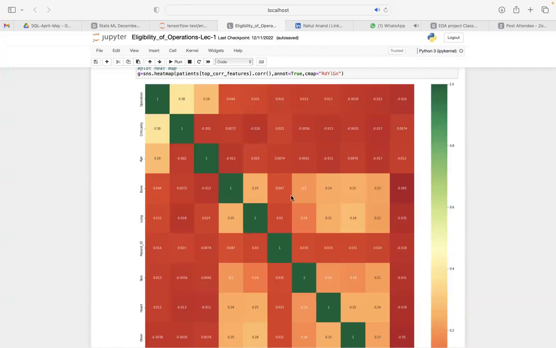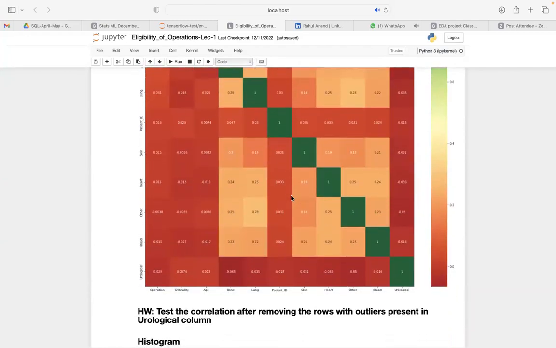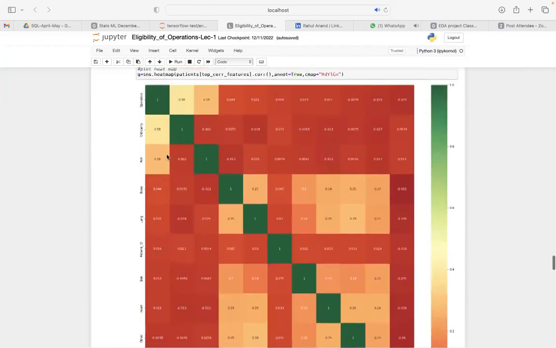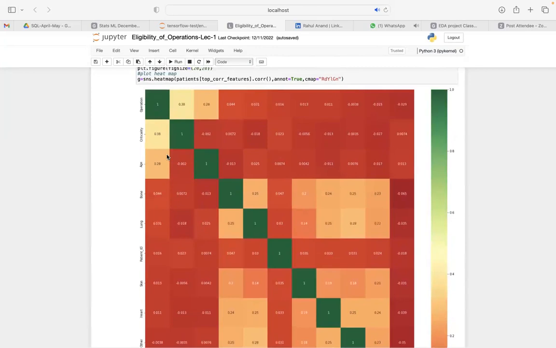Any other doubts, guys? So here in the correlation matrix, two variables are contributing more towards Y, operation, but they are not correlated among themselves. Right now we can choose every variable because they are not correlated to each other. If they are correlated to each other, then you can drop one of the columns, even if you are doing simple linear regression or logistic regression,